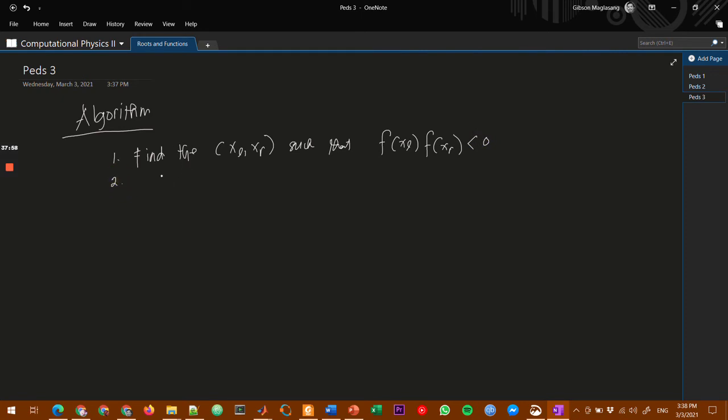Then secondly, magamit ka og loop, and that is while kani nga interval xl og xr, absolute value of that, while mas dako pa gani siya sa imong giset nga value, so you keep on cutting your interval into half. Okay? So this is epsilon. Epsilon. So while that is greater than epsilon, you calculate the midpoint, okay, which is xl plus xr over 2. And then, once you have your midpoint, imo siyang i-calculate pud ang katong if katong product f of xl times f of xm